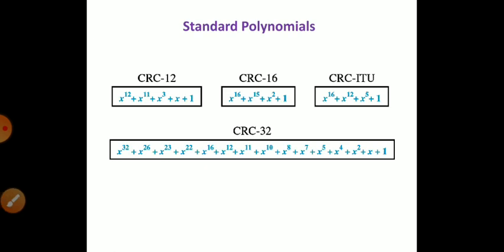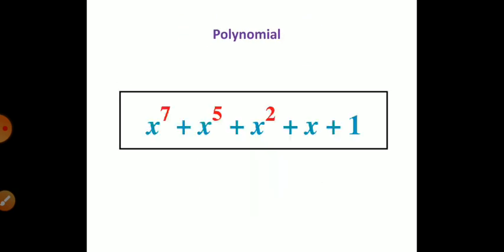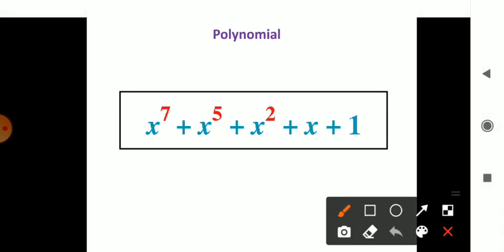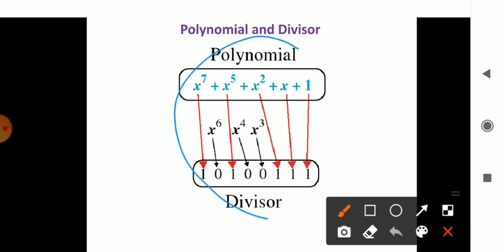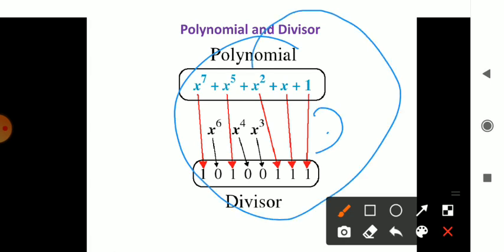This is the part of your CRC check. It is also called polynomial codes, and when it is given, remember these numbers are being converted in this way. When your data is in this polynomial format, it will be accepted and converted into binary format, as I explained. Your data in polynomial format will be converted in this way and displayed, and the CRC check is divided with a predefined number.